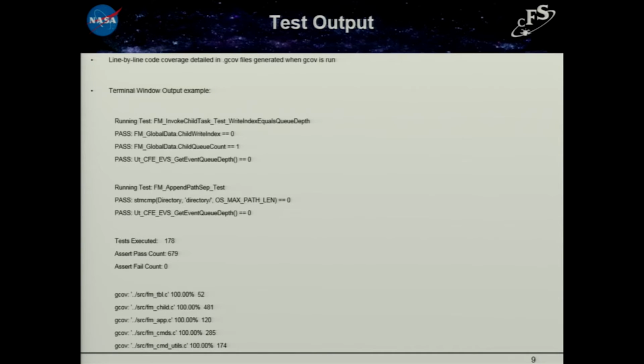The framework works really nicely, but we did have a more, I'd call it, a management issue. So basically, you make it so that whenever you update the CFS or the OSAL or the PSP, you have to also update the stubs and hooks rather than just hoping that somebody will also update the UT Assert